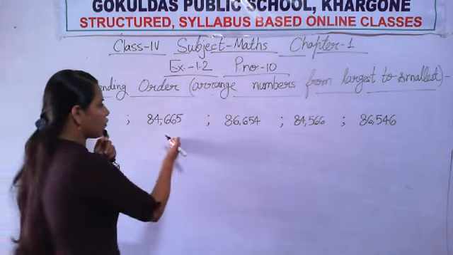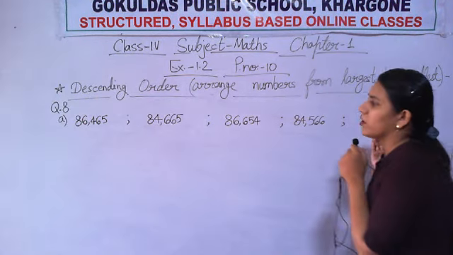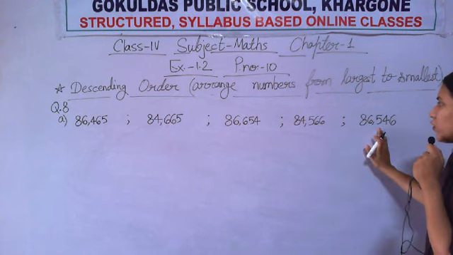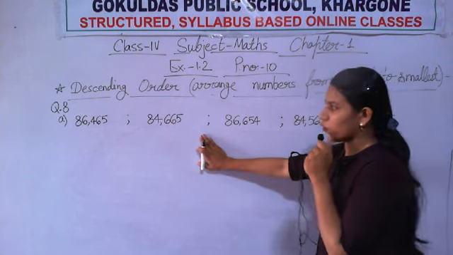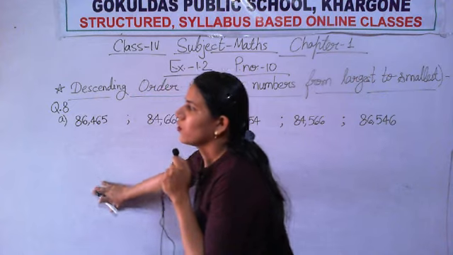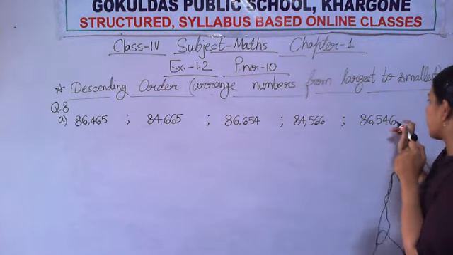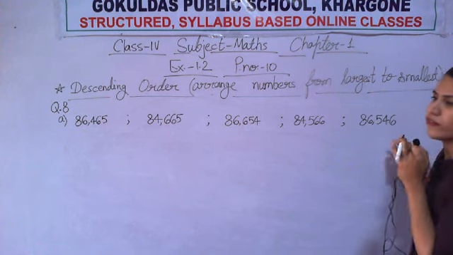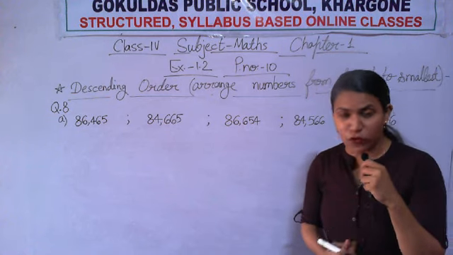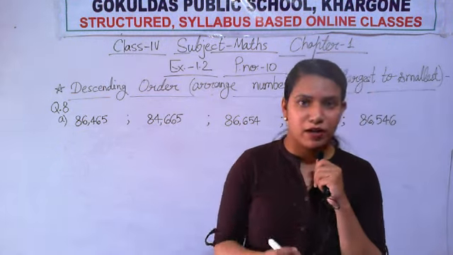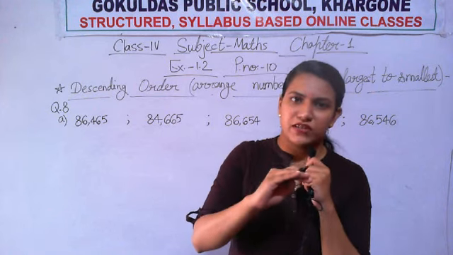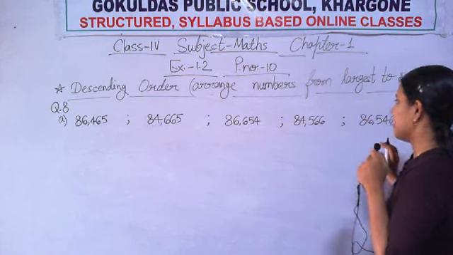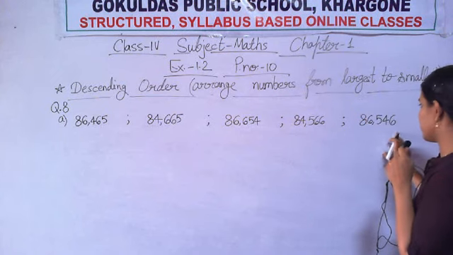For finding out the greatest number, we have to do comparison among these 5 numbers, right? For doing comparison, you know the rule for comparison? Yes, we have discussed it in previous lectures. If you still have confusion about how to compare numbers, you can rewatch the previous video, then you can come to this topic. Okay, let us start doing this question.